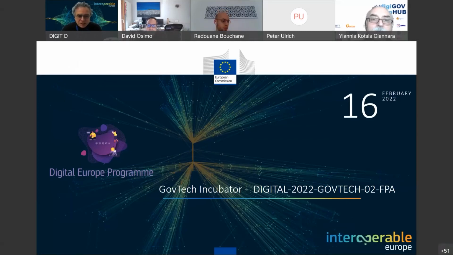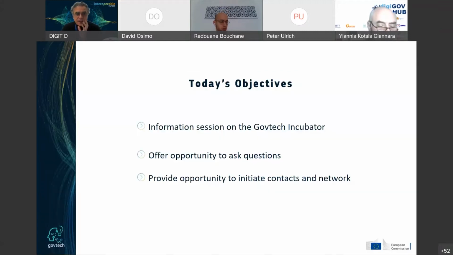So today's objective is to present the current call that was published yesterday, called the GovTech Incubator, which is a framework partnership agreement. Today's objective is an information session about the call, to explain what it is about, what we're looking for, to offer you the opportunity to ask questions, and also to start